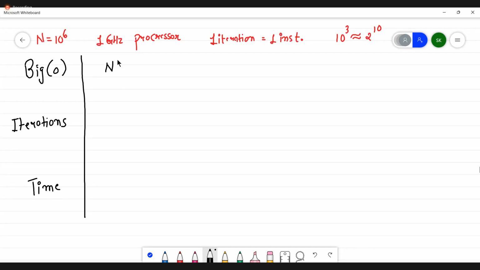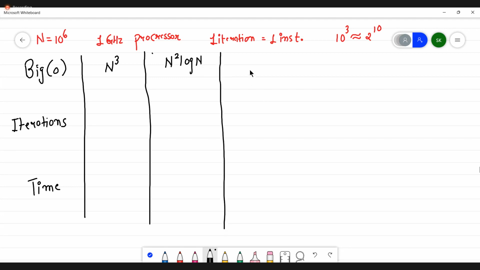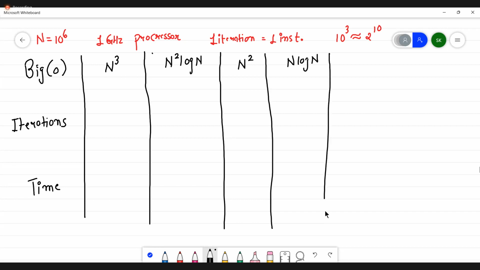If I am giving you big O as n cube, you have to tell me the number of iterations and the time, considering n equals 10 to the power 6. If I am giving you the big O as n square log n, then again you have to tell me the same things. Same thing goes for n square, n log n, then n only,